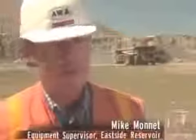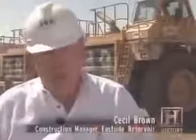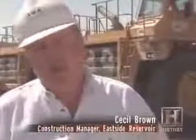We're located in Winchester, California. It's about halfway between San Diego and Los Angeles, and we're under construction of the largest earth-filled dam in North America. The entire Eastside Reservoir project, including the East Dam and the West Dam, which we have, is approximately 150 million